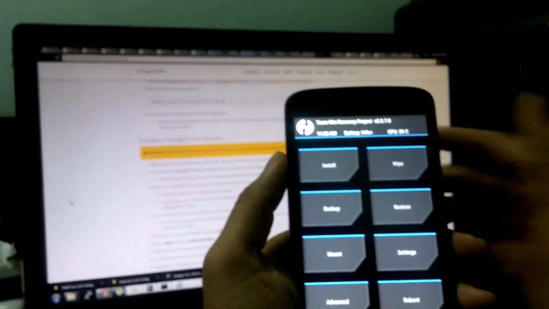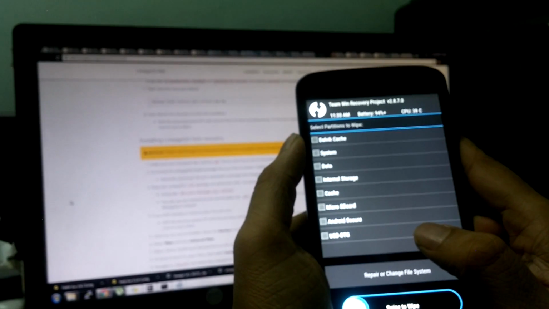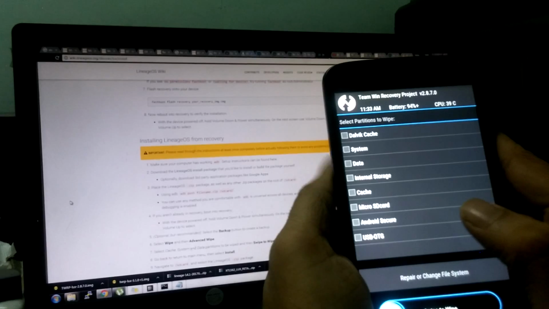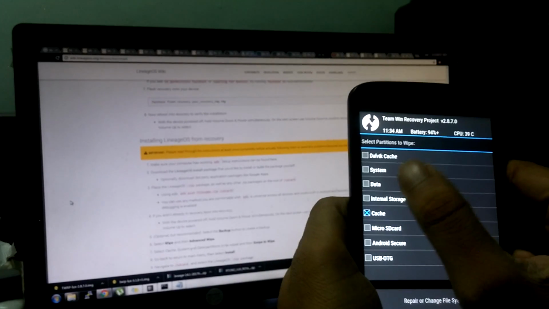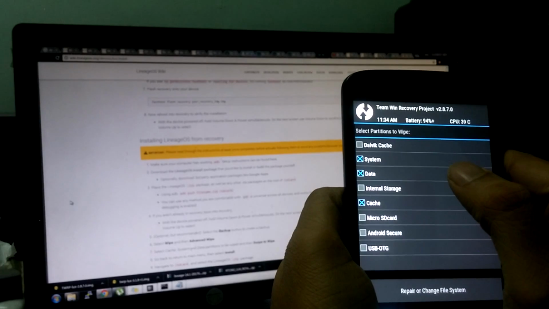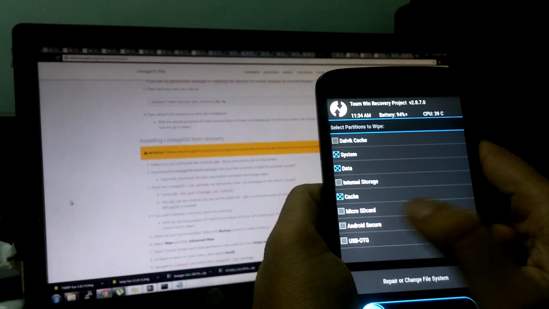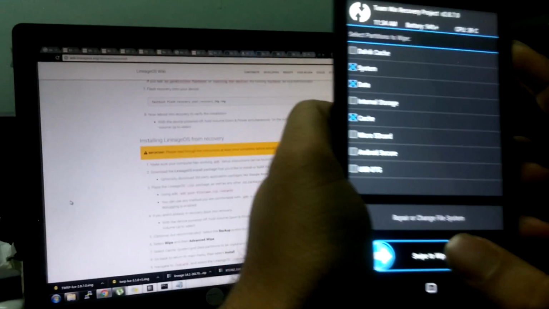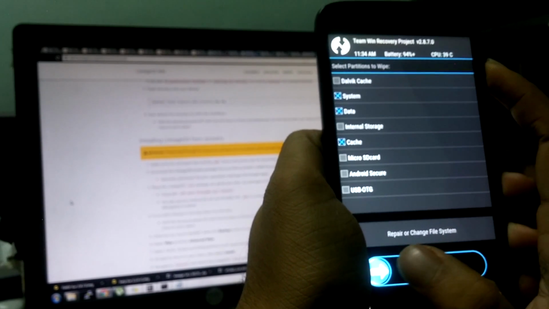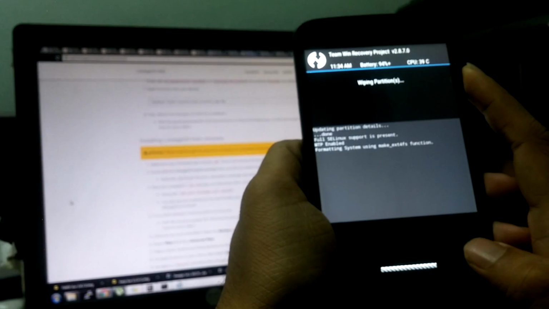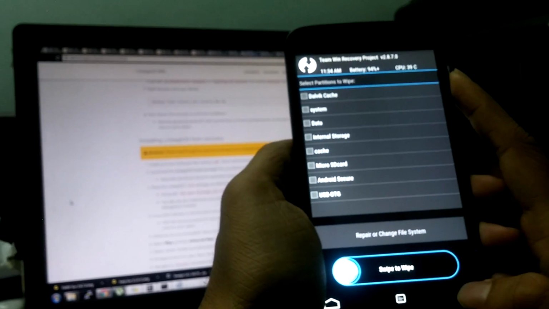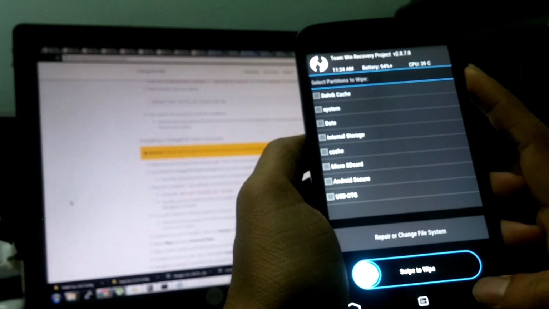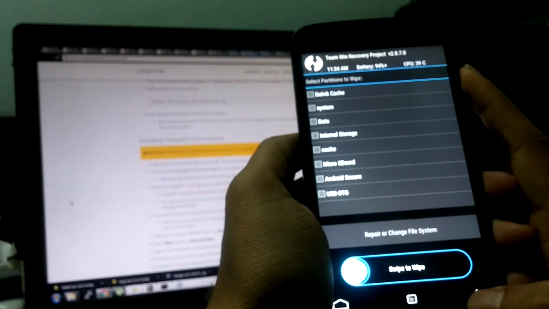So what we'll do is go ahead and wipe the device, go to advanced wipe, and the things we need to wipe are basically the cache, the system, the data partition, and Dalvik. Internal storage, microSD, and Android secure, all that can remain safe. So just swipe to wipe. Back. So the wipe is complete. Now we will try to push